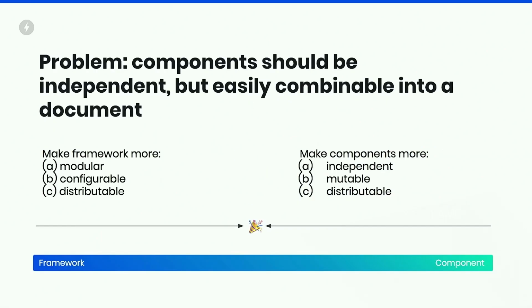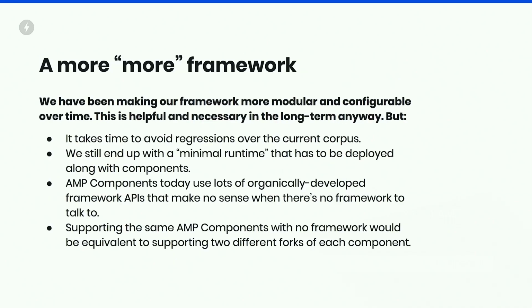And once we look at this, we said, OK, we can go from 2 directions. We can make our framework more modular, more configurable, easier to distribute in different ways, with version locking, without version locking. And we can do similar things with components. We can make them smaller, more independent, more mutable, easier to distribute. Here's Justin. And we can meet somewhere happily in between. And that way we'll create a more flexible framework. This is Justin, by the way. This way,